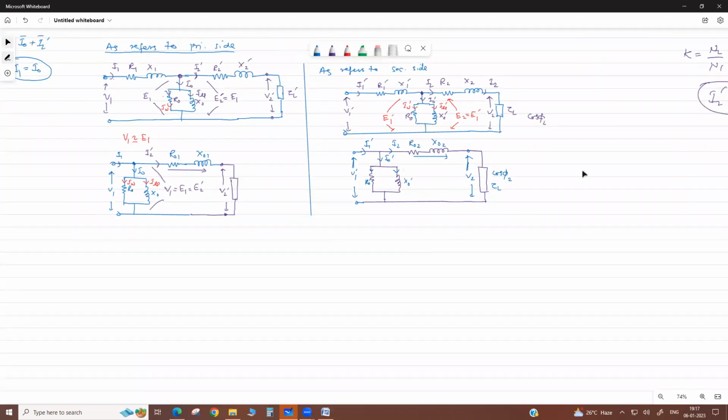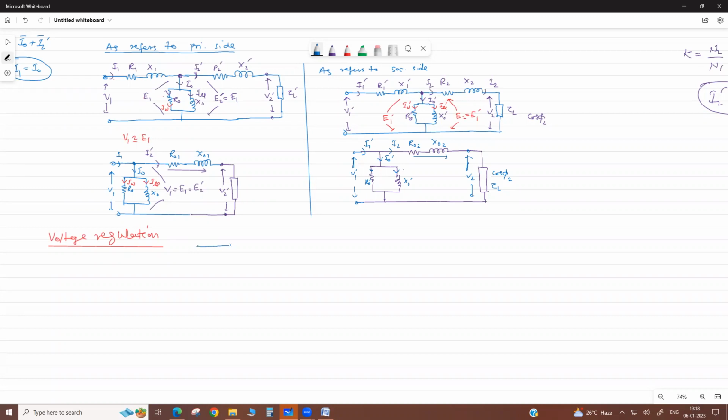Now we define the voltage regulation of transformer. There is a numerical asked in your exam also. Voltage regulation. Like in an alternator, in a transformer also there is a voltage regulation. What is it basically? Actually, it is nothing but